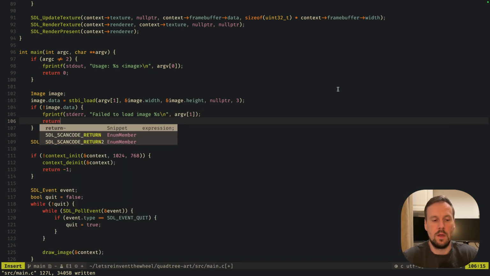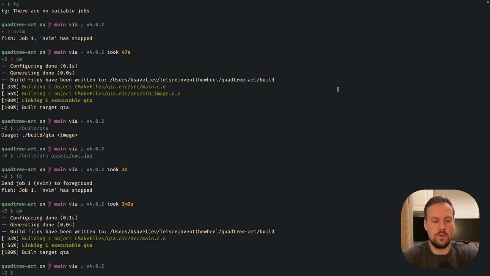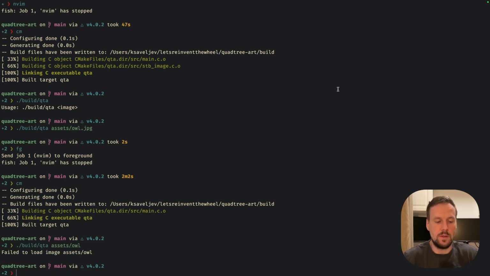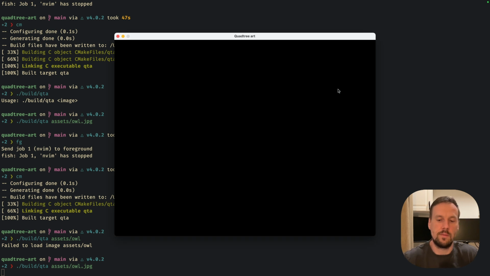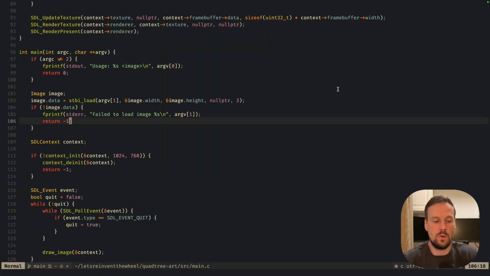argv1. Let's see how it goes. So if I say something that doesn't exist, it says failed to load image. And if it does exist, everything works fine, and we're showing the window. So at this point, our image contains all the data,